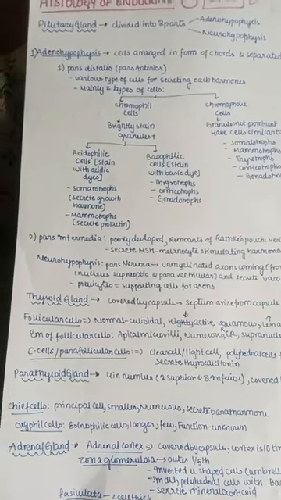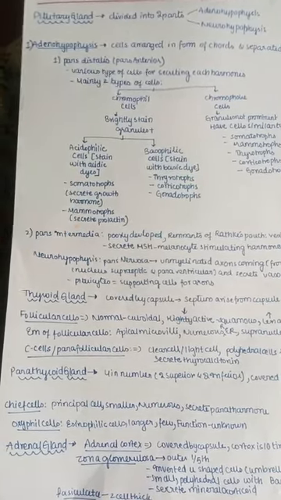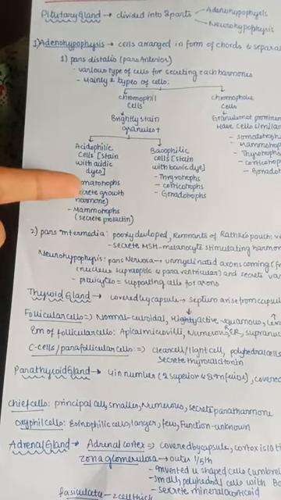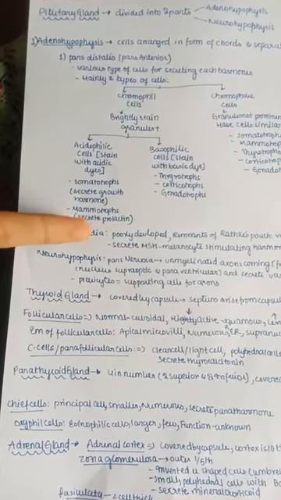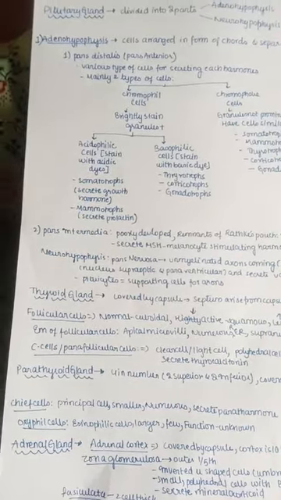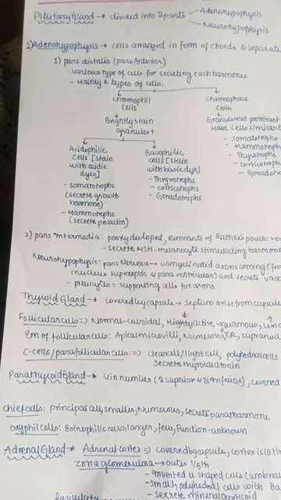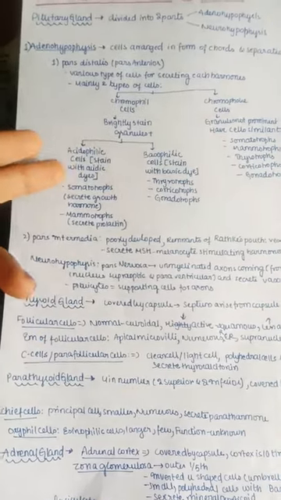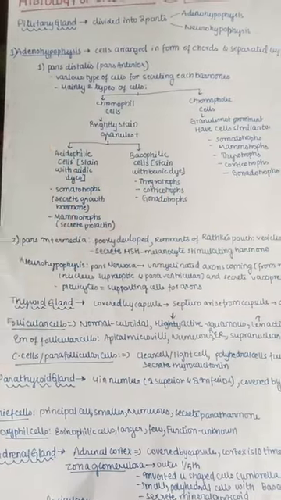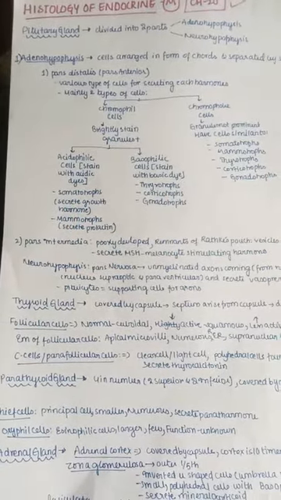In the acidophilic cells we have growth hormone, so you can remember acidophilic and growth, because of the somatotropes, which secrete growth hormone, and the mammotropes, which are also useful in growth and mainly secrete prolactin. So somatotropes and mammotropes are under acidophilic, and they stain with acid dye. The basophilic cells stain with the basic dye, and they are thyrotropes, corticotropes and gonadotropes. These are the examples of basophils.